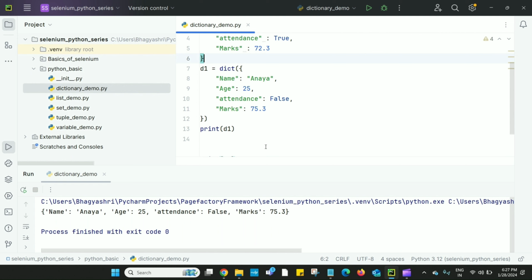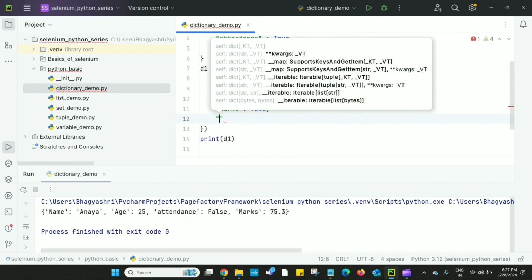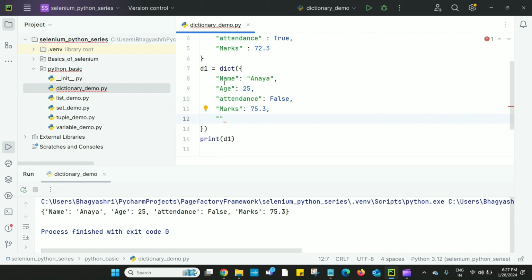Next, it does not allow duplicate elements, meaning it does not allow a duplicate key to be inserted. Here duplicate element means duplicate key. Suppose I want to add one more key name, and let's give the value as Swati, and let's print this and see the output.